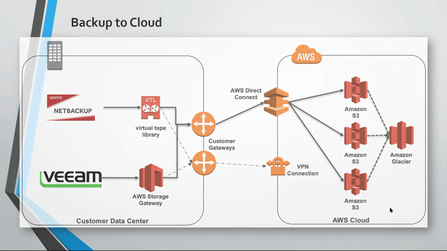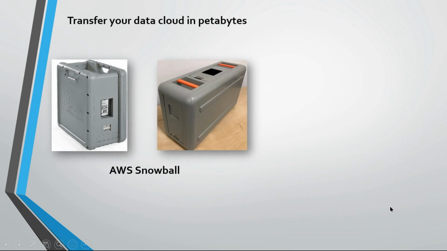Okay, how could you migrate huge amount of data to the cloud provider? Okay, in our example here, we're discussing the services provided from AWS. All right, so AWS has a device called the Snowball, which is a big storage device. It has big amount of storage capacity. It could reach petabytes. Okay, you order this device from AWS. AWS ships it via one of the couriers to your premise, and then you hook it to your network in your data center and start moving the data, your huge data, to these devices, and then ship it back to